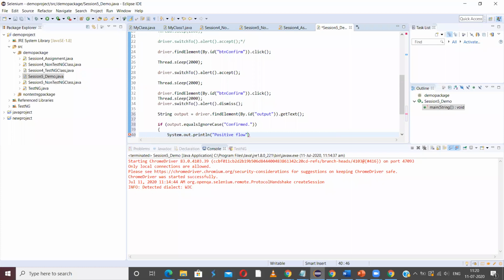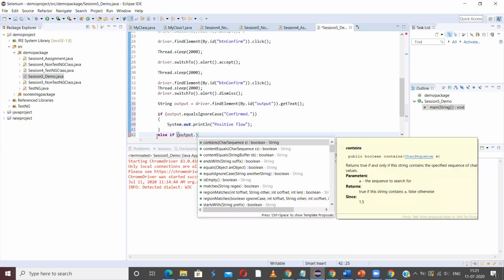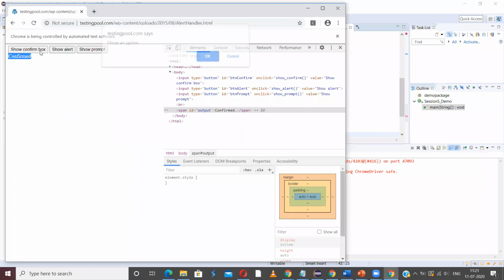Just positive flow I will mention. Else if, what is the other value that can be returned? One value that can be returned is confirmed. The other value that can be returned by clicking cancel is rejected, right? Let us use the same text.